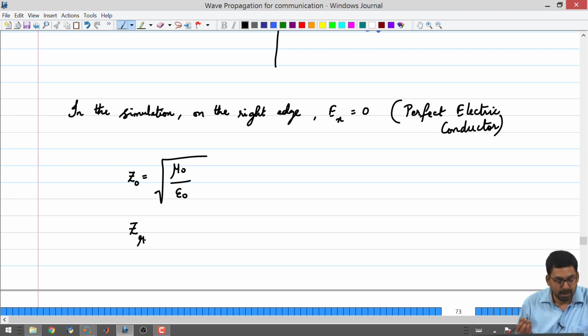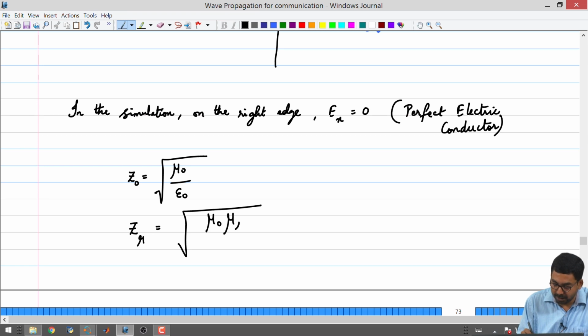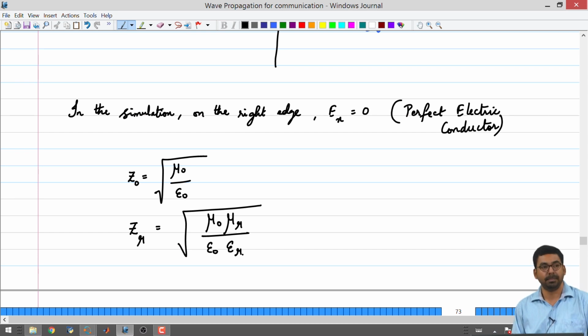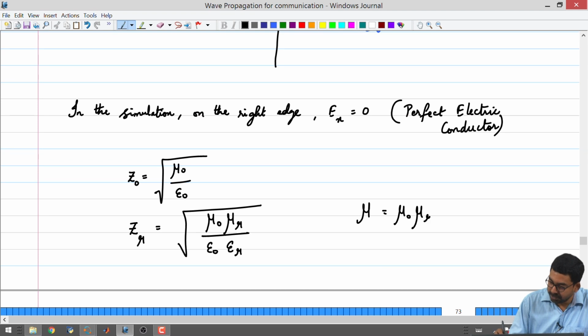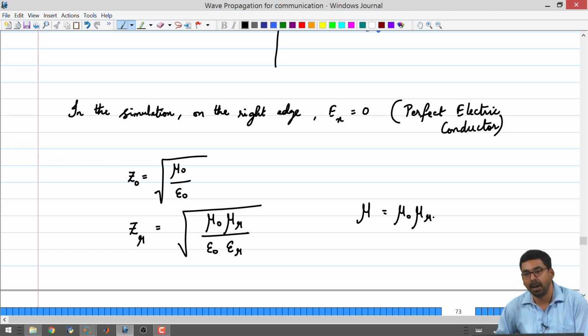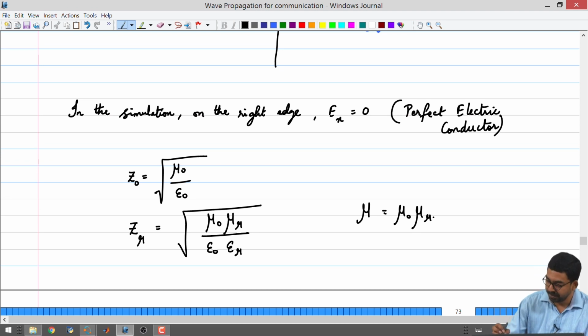It is going to be square root of mu naught multiplied by mu r divided by epsilon naught multiplied by epsilon r, because the mu of any material is going to be mu naught times mu r, assuming an isotropic, frequency independent medium here. It is just mu naught multiplied by mu r.